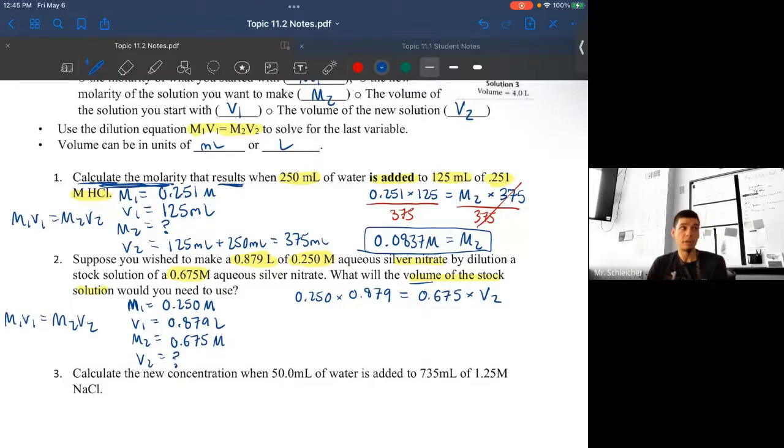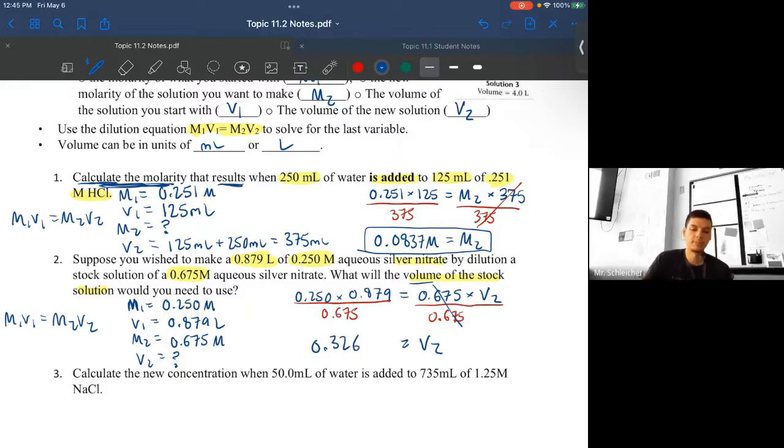Right now, I just want to get it all by itself on that side of the equation. Right now, it's being multiplied by 0.675. So I'm just going to do the opposite and divide both sides by 0.675. All right, so that cancels out the 0.675 on the right side, but on the left side, I do have to plug it into my calculator. So I'm left with V2 is equal to whatever that left side is equal to: 0.25 times 0.879 divided by 0.675. And my brand new volume, it looks like it is